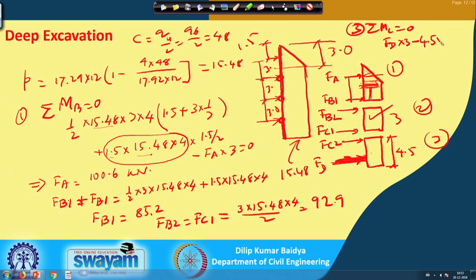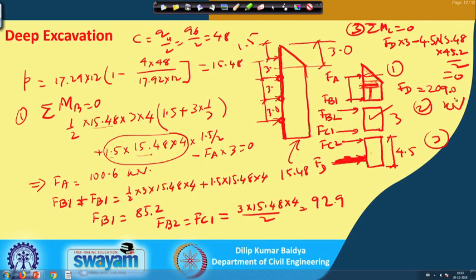So, 4.5 multiplied by 15.48 multiplied by 4.5 by 2 equal to 0. If you do this, then your F D becomes 209 kilonewton. So, we have got